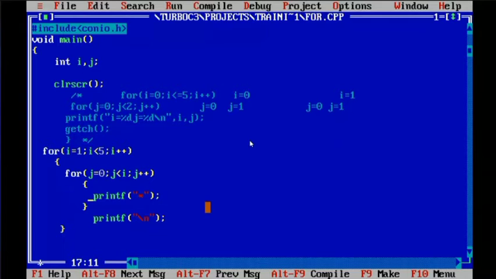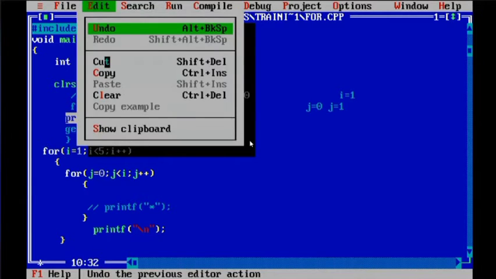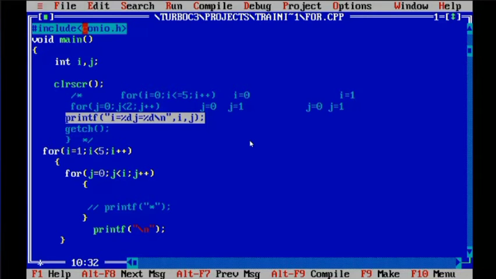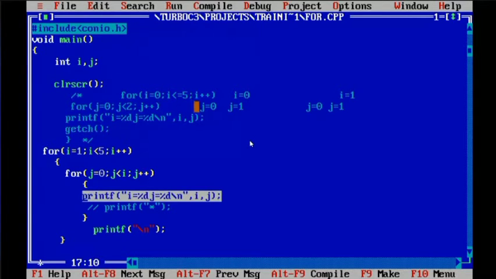Can you first tell me the output of this for loop? I am not writing star. This line I am deactivating, because let us make use of what we have done previously. We printed the value of i and j. I told you Control C, Control V does not work here. You need to go to edit, and then click on the test. If you are using this terminal, can you tell me the output?